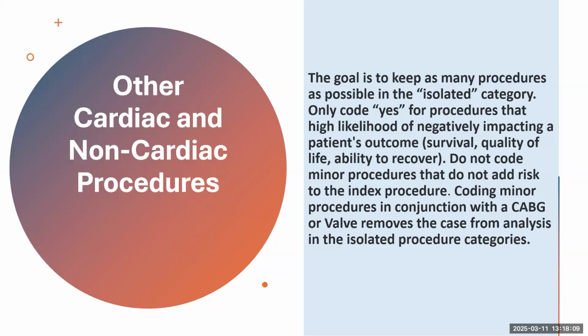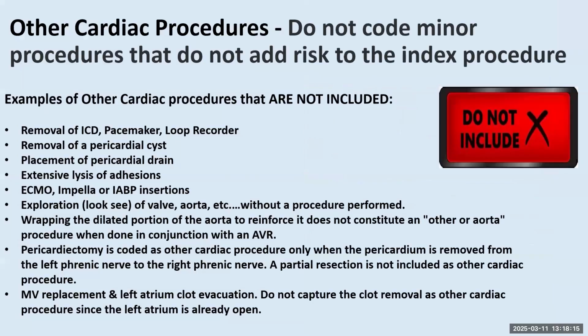Now, these lists are not all inclusive, and I get questions about this every day. But remember, ask yourself, is this procedure that I want to code going to add risk to the index procedure? So some examples of other cardiac procedures that you should not be coding: